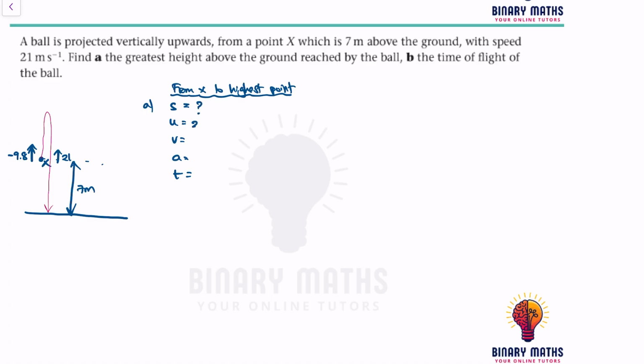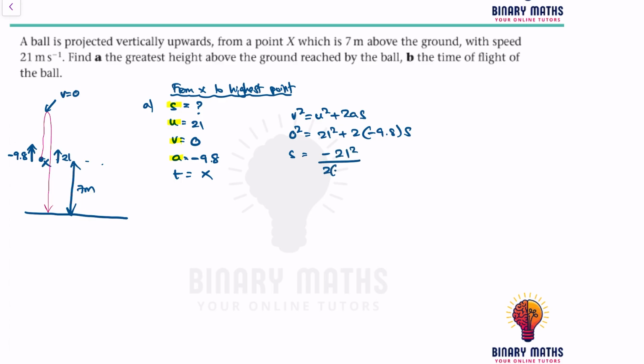Initial speed is 21. What we do know is at the highest point, velocity is equal to 0. Acceleration is minus 9.8. And time, we don't know. So what we have in front of us is S, U, V, and A, which means V squared is equal to U squared plus 2AS. So 0 squared is equal to 21 squared plus 2 times minus 9.8 times S, which means S is equal to minus 21 squared over 2 times minus 9.8, which means S is equal to